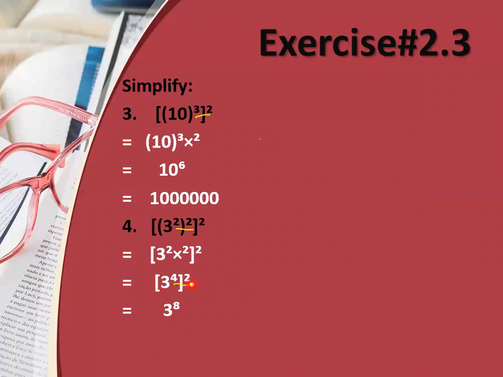Now, if you want to stop it, you can stop it here, but I'm going to solve it further. I'm going to multiply 3 by 8 times: 3 multiplied by 3 multiplied by 3. So I'm going to multiply this 3 8 times, and then after multiplying 8 times, what will be the answer? 6561 is the answer.